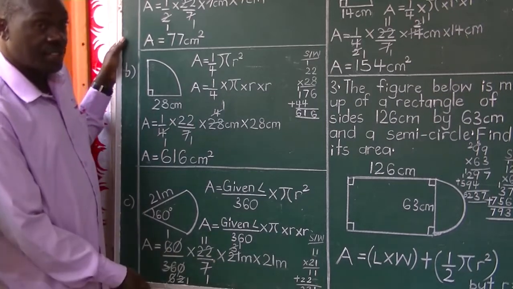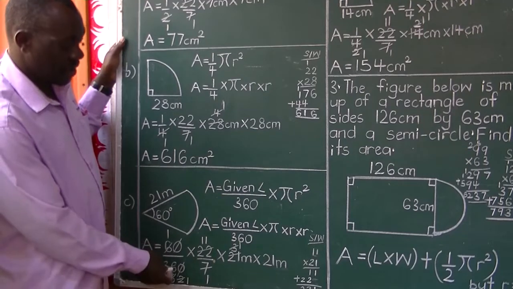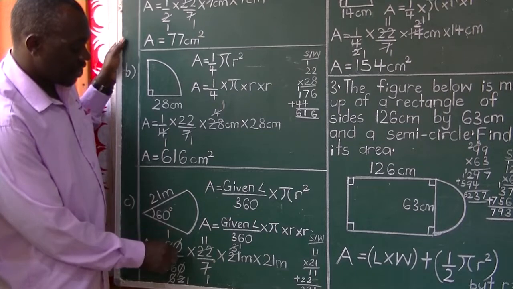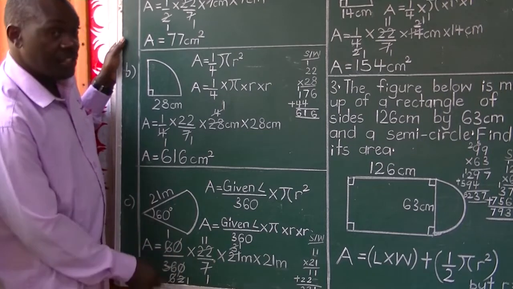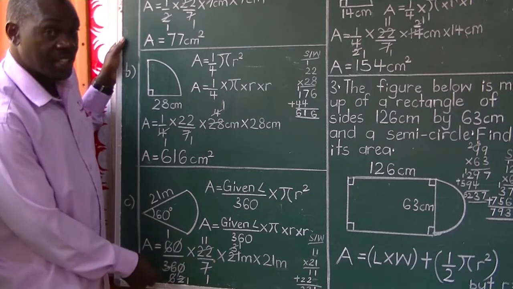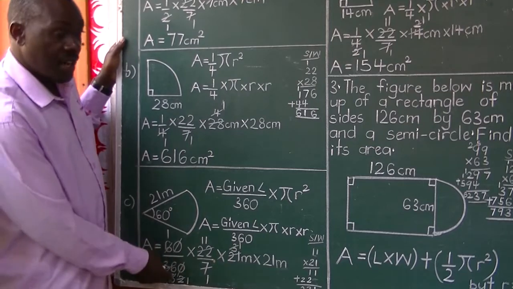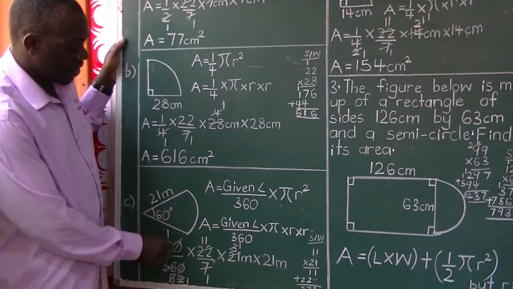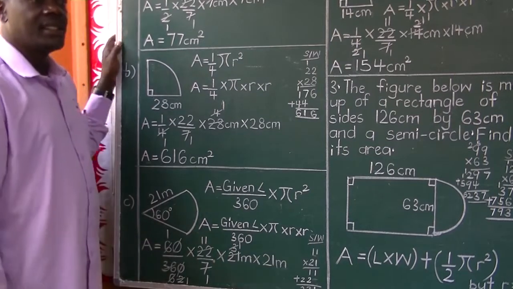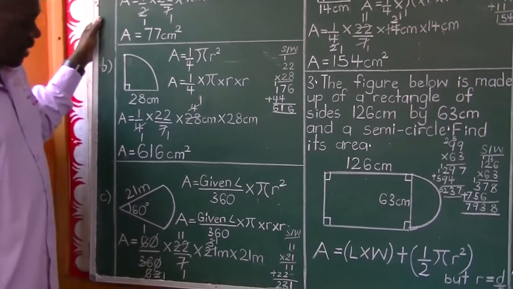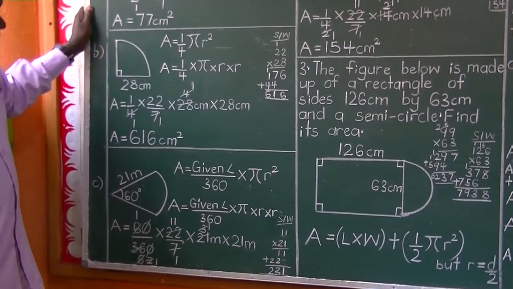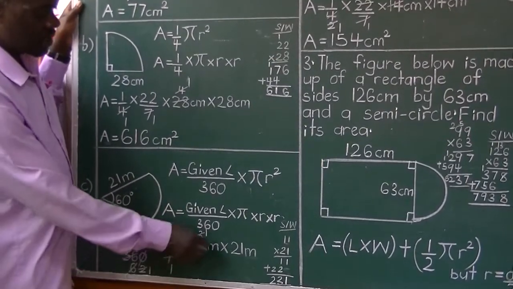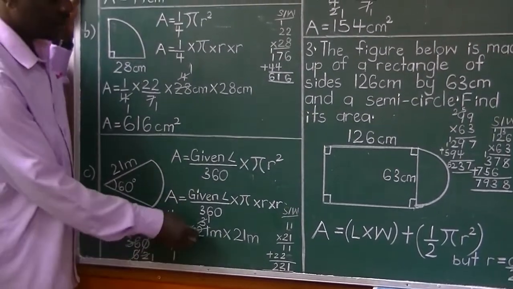I detect one here, so I'm going to divide 60 and 360 by 10 first. So 60 divided by 10 you get 6, and 360 divided by 10 you get 36. So I've got 6 out of 36, where both are divisible by 6. We say 6 divided by 6 is once, and 36 divided by 6 you get 6. Then we detect another divisor here: 7 and 21 are both divisible by 7. We say 7 divided by 7 is once, and 21 divided by 7 you get 3.